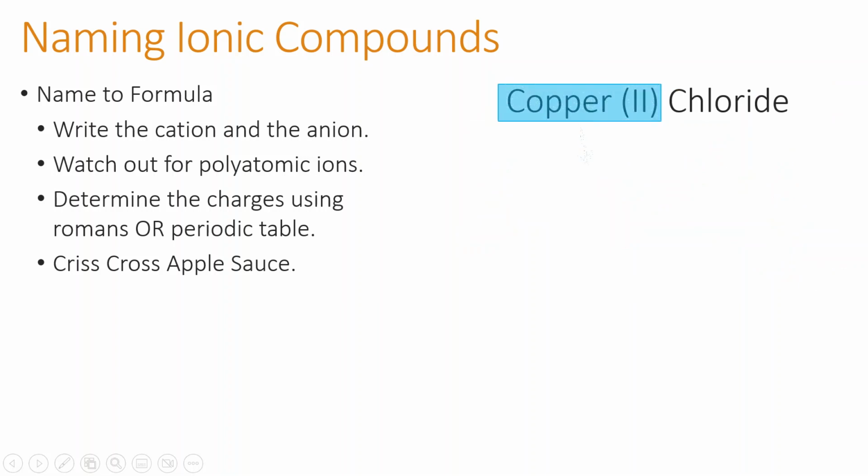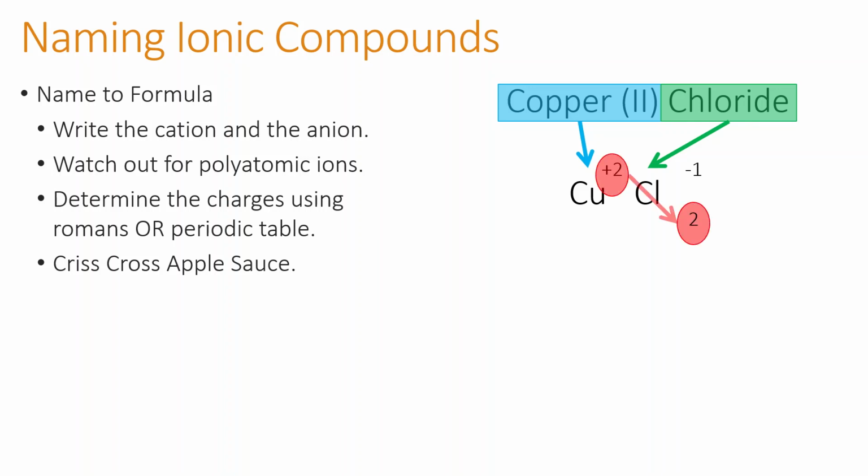Copper 2 chloride. So copper is Cu. Chloride used to be chlorine. Now this particular copper has a +2 charge from its Roman numeral. Chloride, though, we can look it up on the periodic table, and it's always -1. So I'm going to need 2 chlorides for each copper, so I end up with +2 and -2 for my